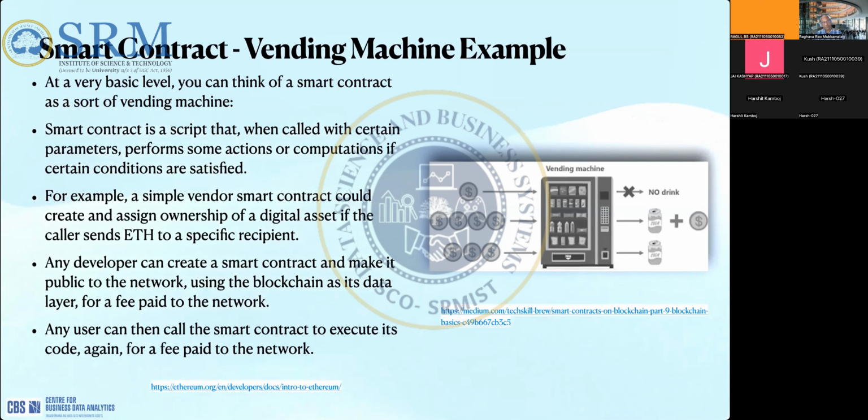People will go to the machine, put in a coin and get a Coke bottle, similar to that. Once the contract is deployed, you can call it with the proper input values. Depending upon the input values and the conditions in the smart contract, it might do some work for you, like transferring coins, doing some service or sending a message, whatever it may be.